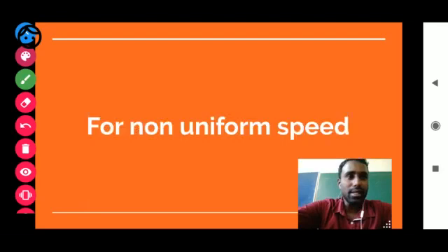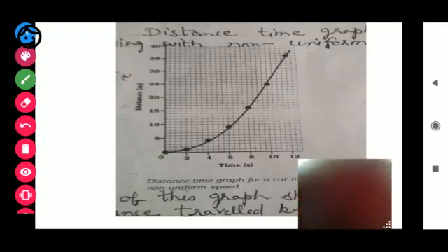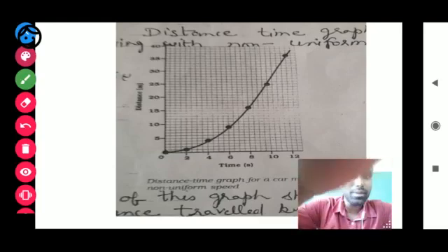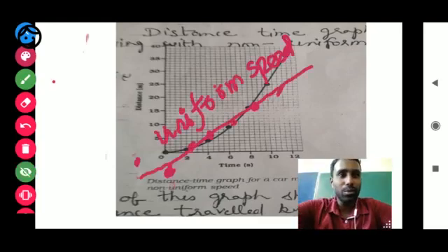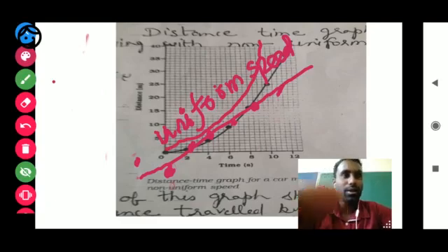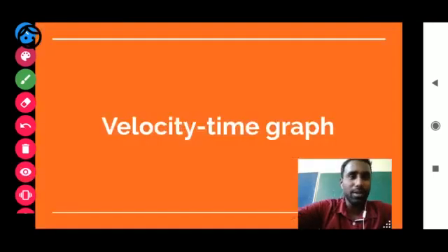But in the case of non-uniform speed, it can go like a parabola. This kind of curve it will make. So this is mentioned here as non-uniform motion. Speed-time graph. Velocity